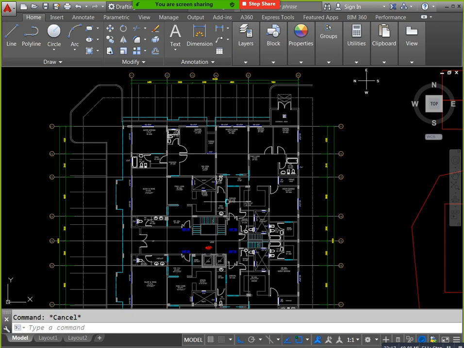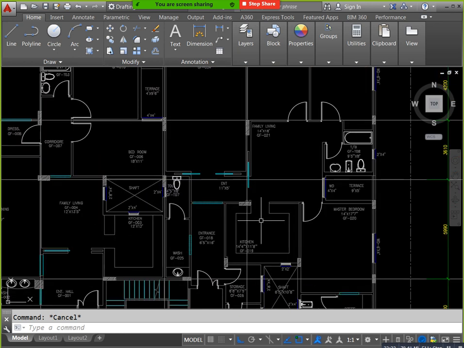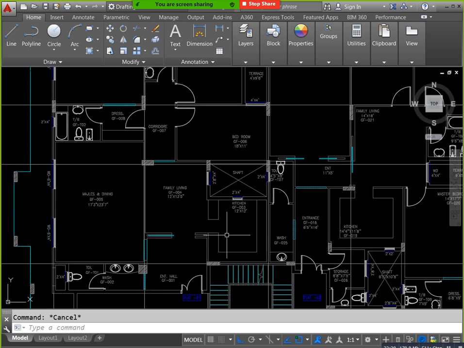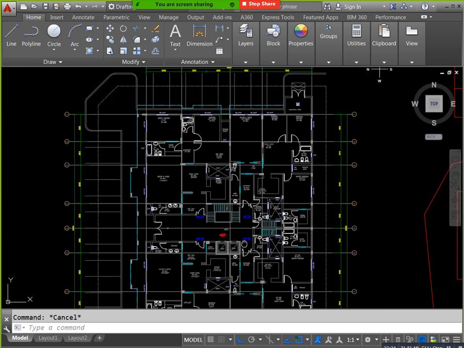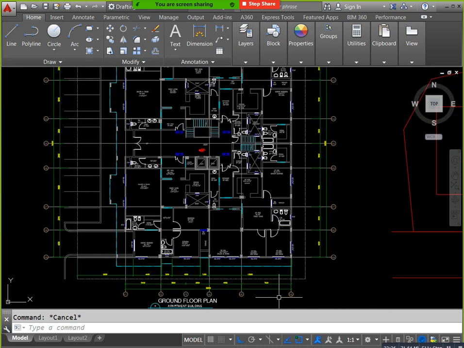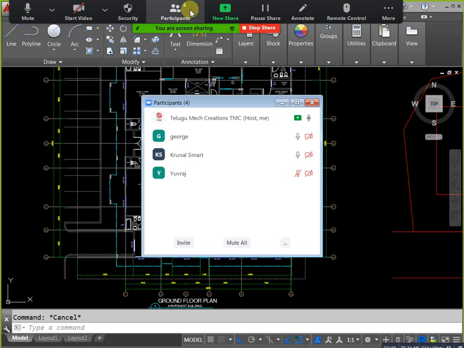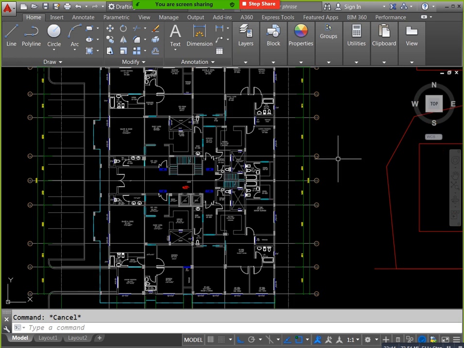After this we will discuss the heat load calculations. The heat load calculations will take 1 hour, I think. For manual calculation it will take some time. These all are manual calculations.